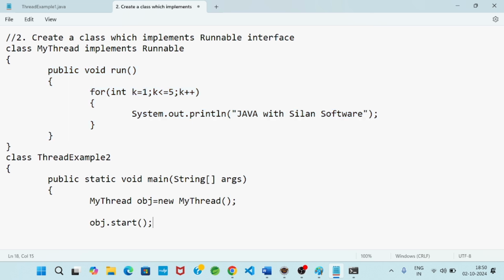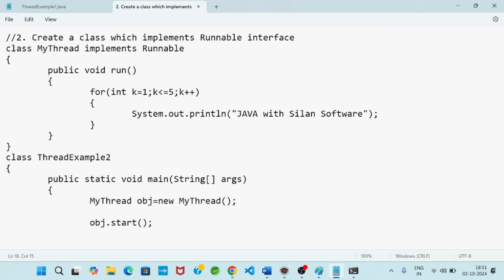Why? The concept is that the Runnable interface has no start capability. If your class implements the Runnable interface, that class object has no start capability. Only a Thread class object has start capability, meaning it can start the execution of a thread.